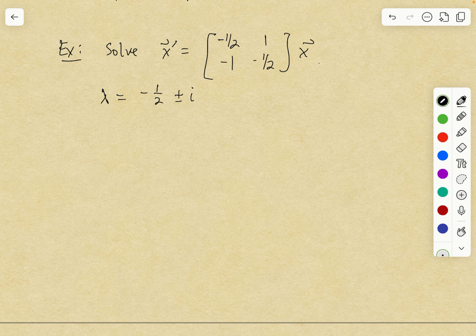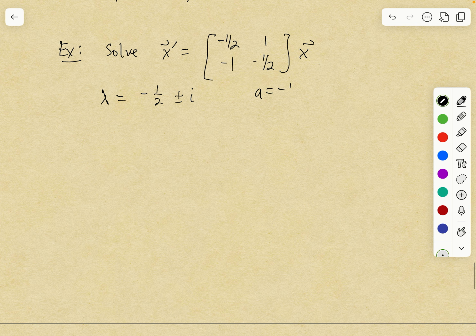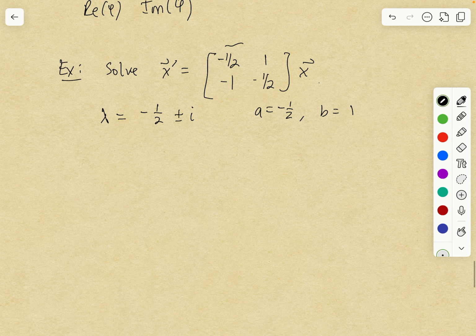So you could take a to be -1/2 and b to be 1. If you do that, this matrix here is just equal to [a, -b; b, a]. So therefore, if you call this matrix A,